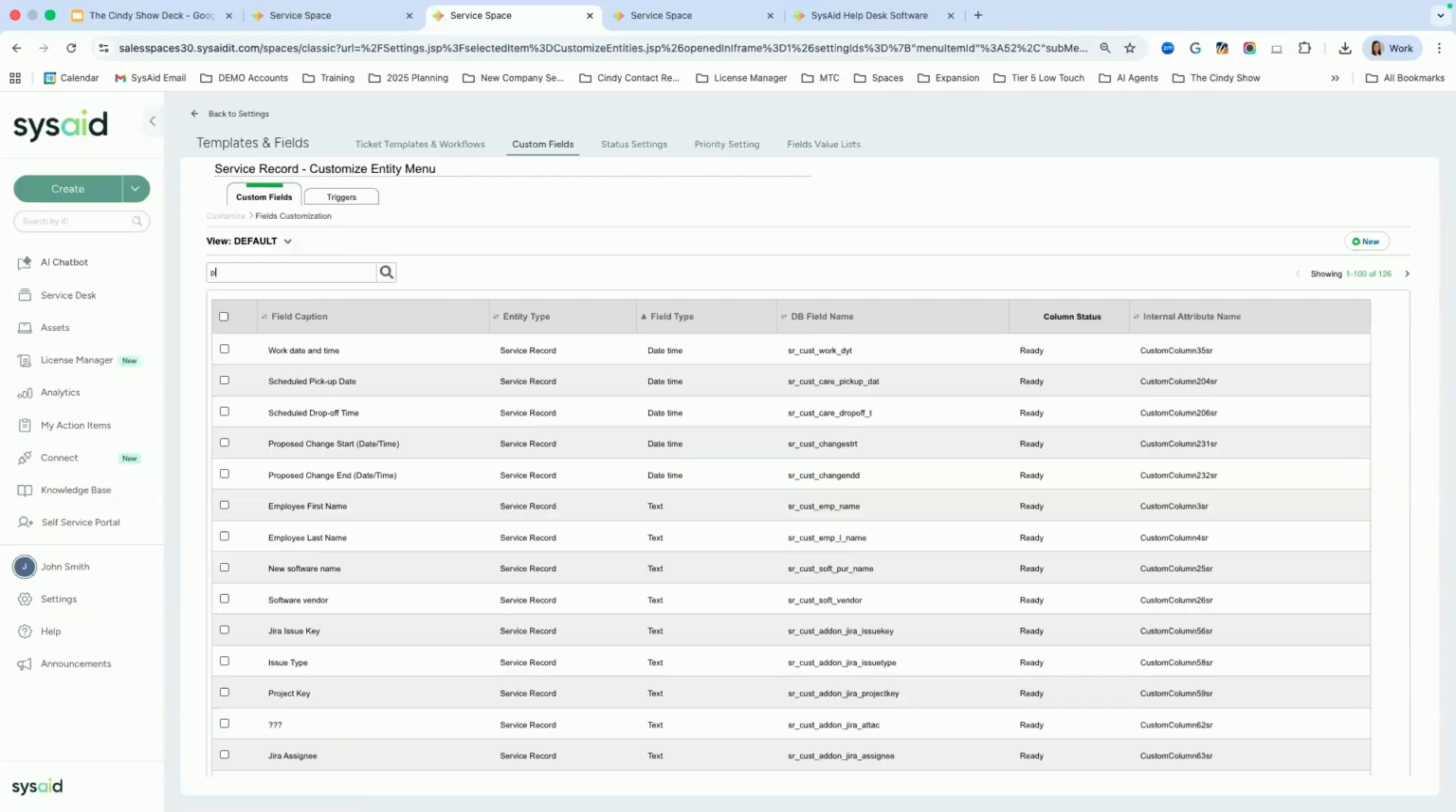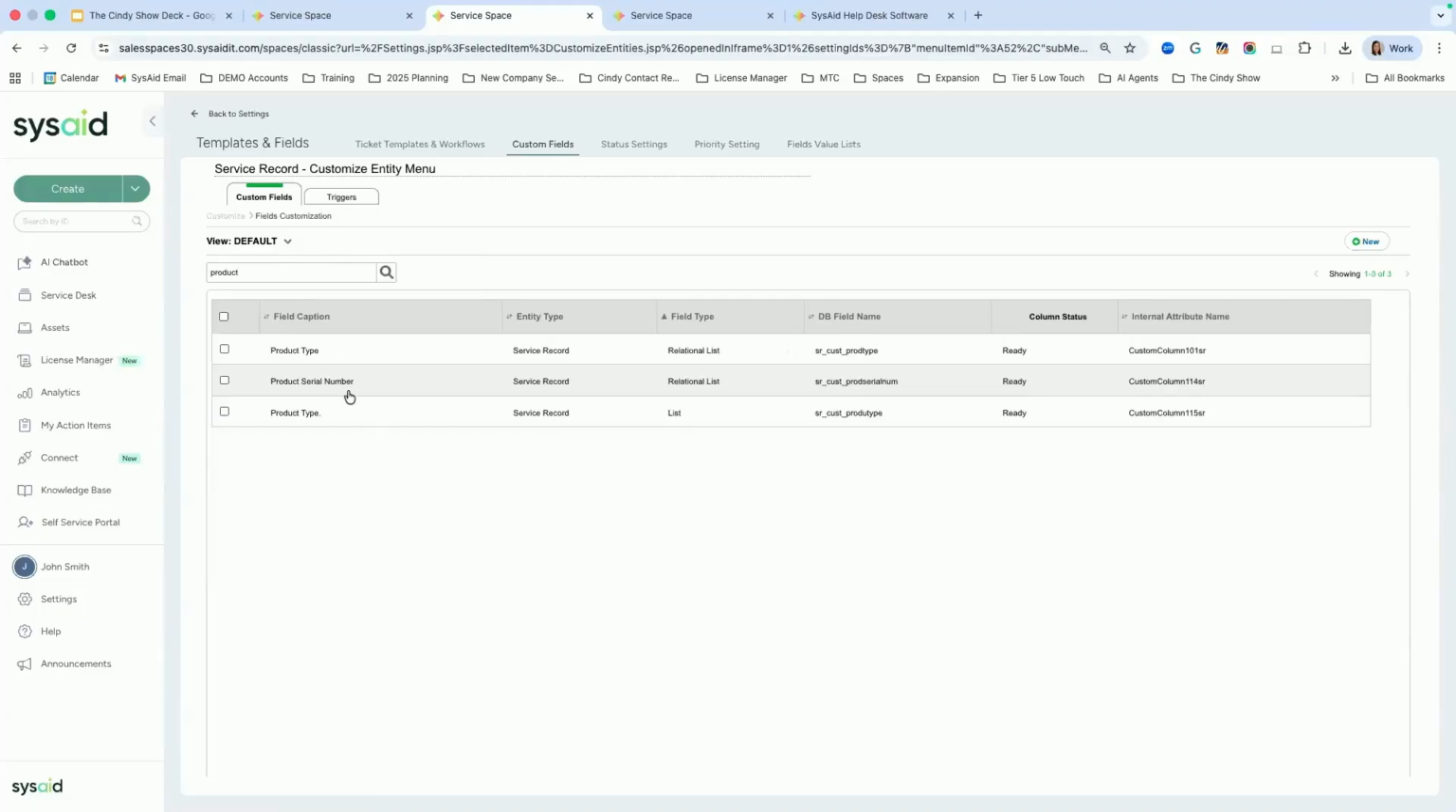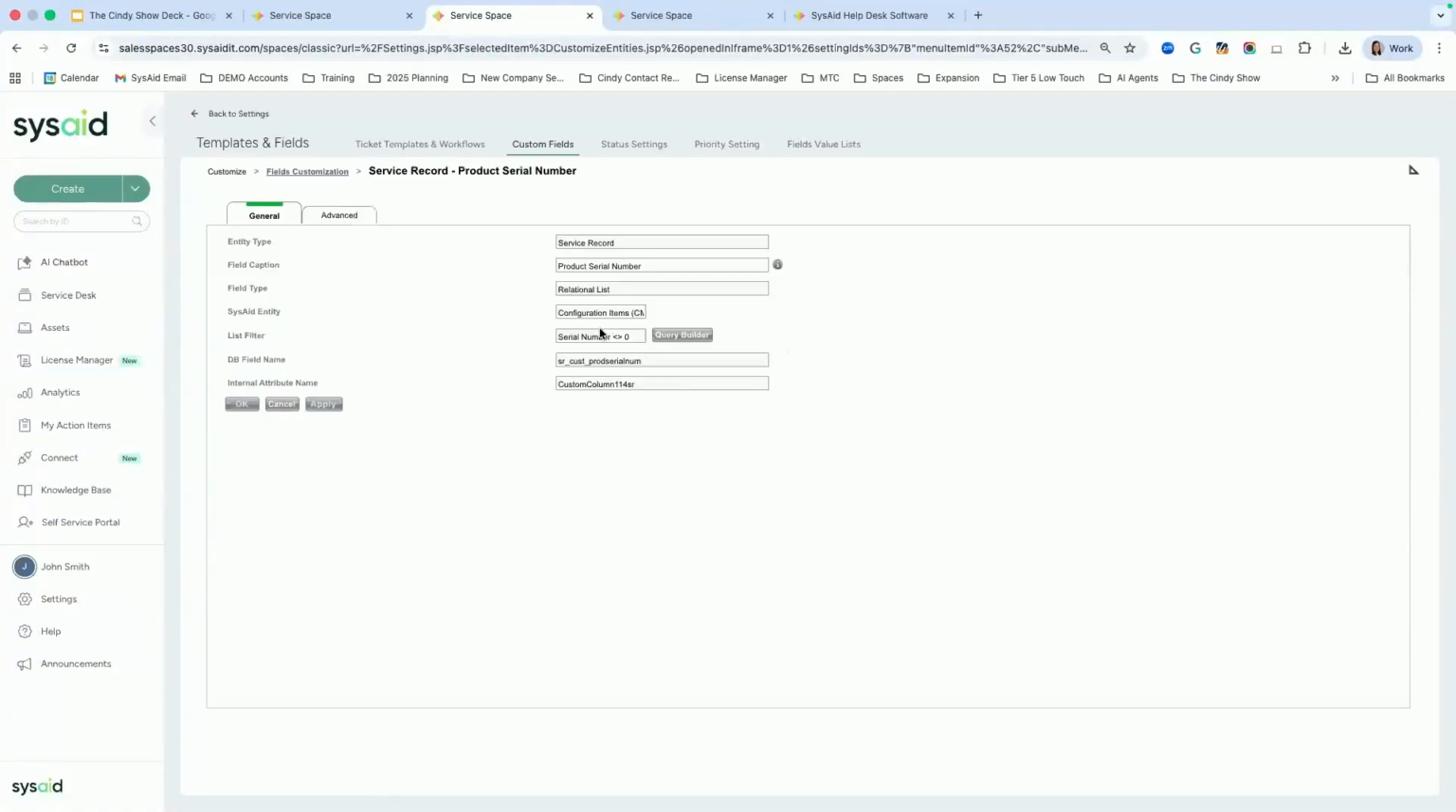And let's just search for the one that says product. Now, product serial number is a relational list. So why do we create a relational list? Because in this specific case, in the service record, we want to have information coming from the CMDB in our list. Okay, so obviously when you're in a service record entity, you've got everything pertaining to a service record,